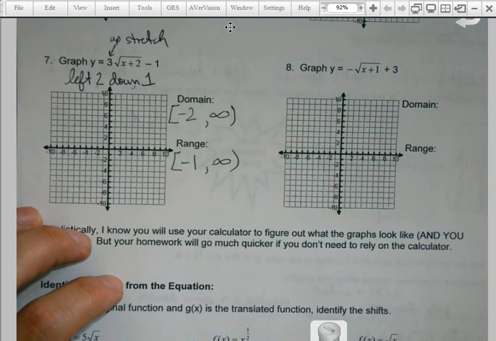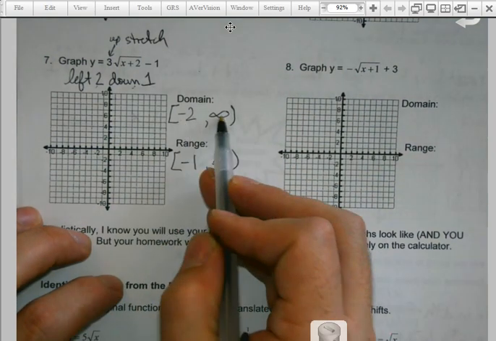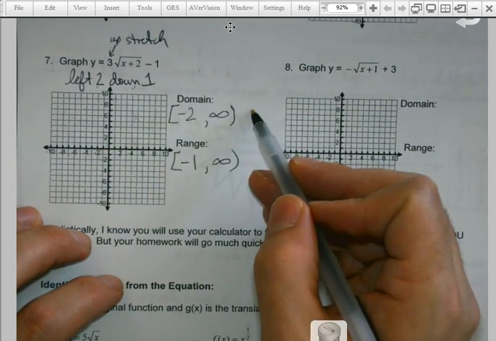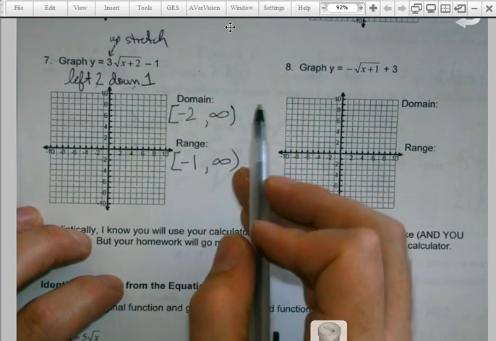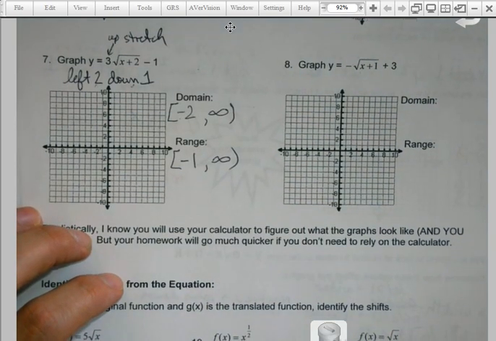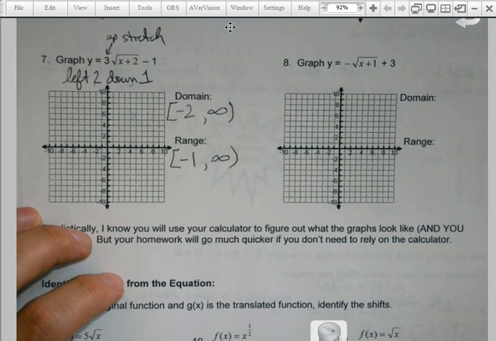Yeah, but always remember, domain is left to right. If my graph's opening and going to the right forever, I can't say it's infinity to negative 2, because then I'd say infinity is the lesser value. And that's what I've got to be careful of. No, we're still going to graph, but I'm just trying to let us see we can get a lot of information just from the equation